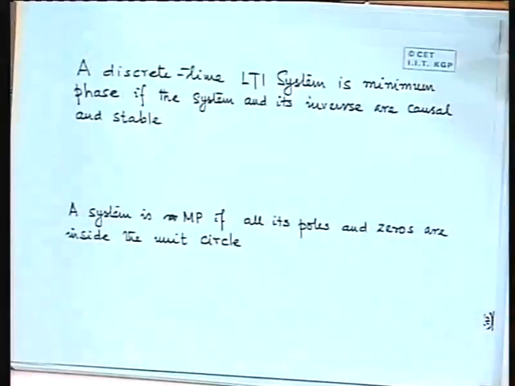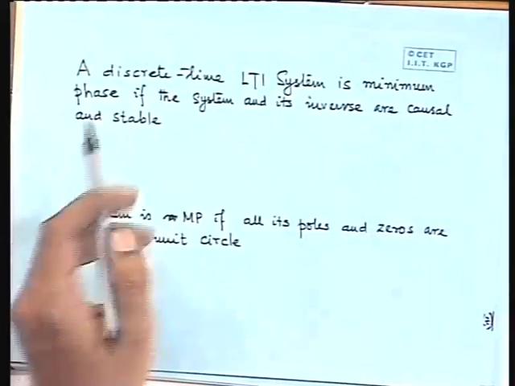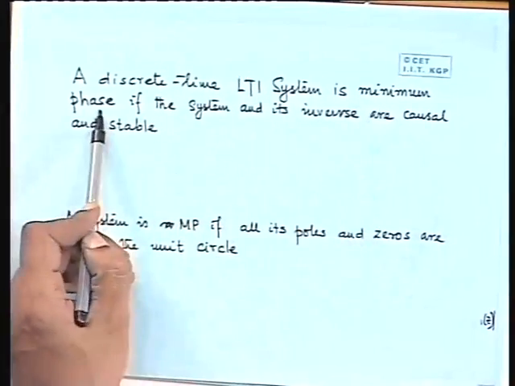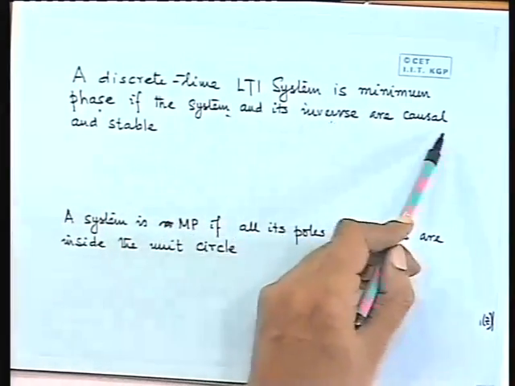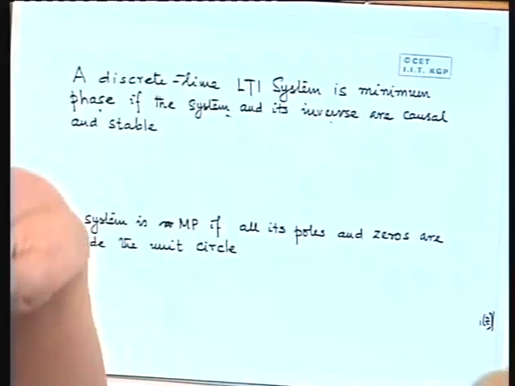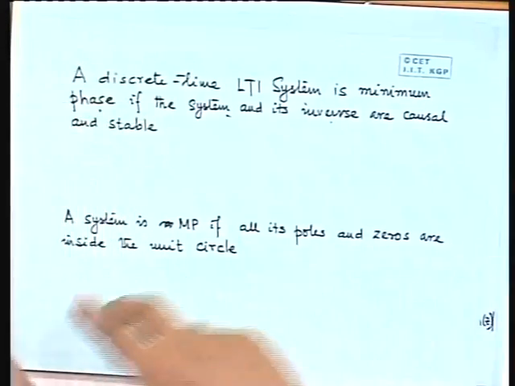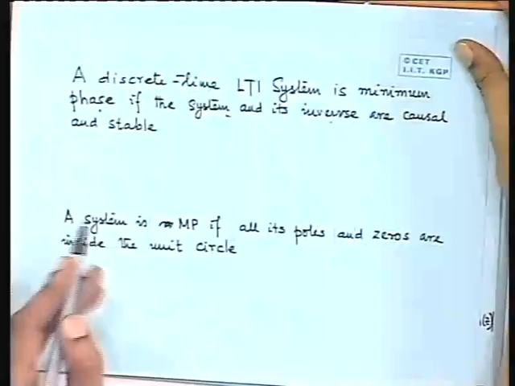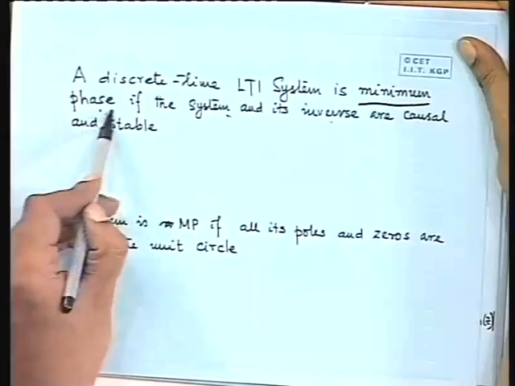Okay. So now it says that a discrete time system is minimum phase if the system and its inverse are both causal and stable. That is a very nice result. It says that if you go this way you have a causal, stable operator, and you come back that way you again have a causal operator. That is the kind of solution that we are looking for. They are useful to us, right? And so this is the definition of having a minimum phase.